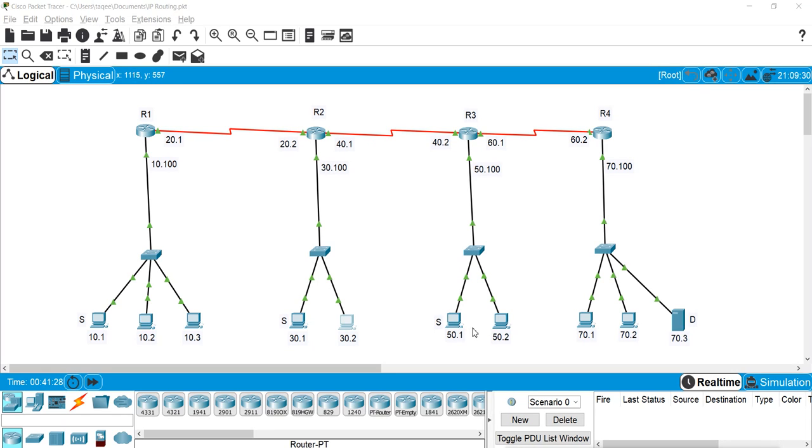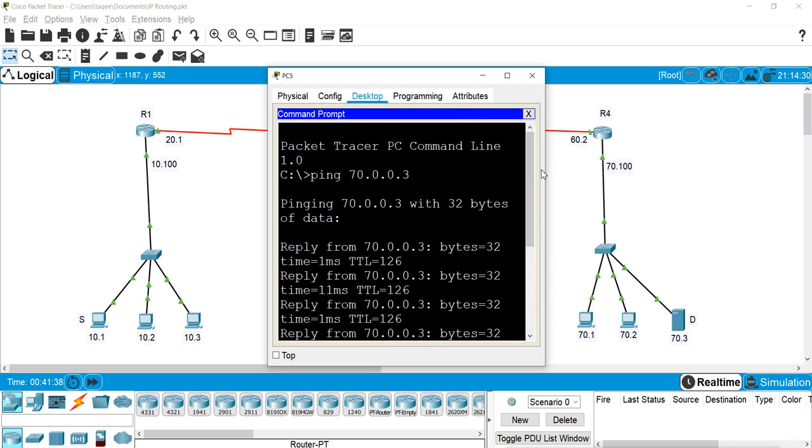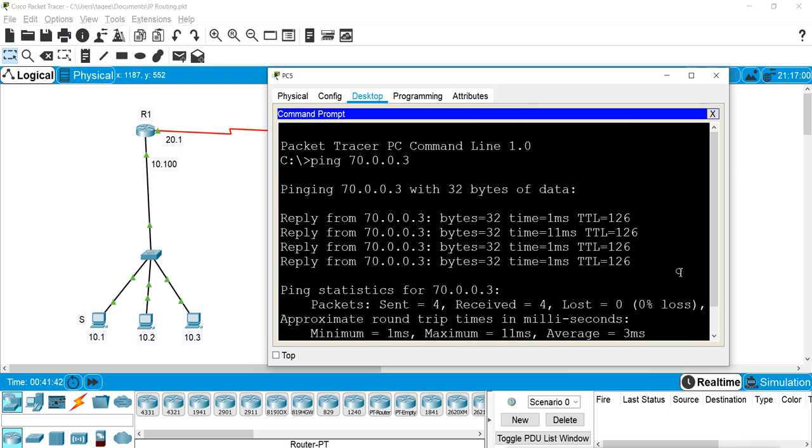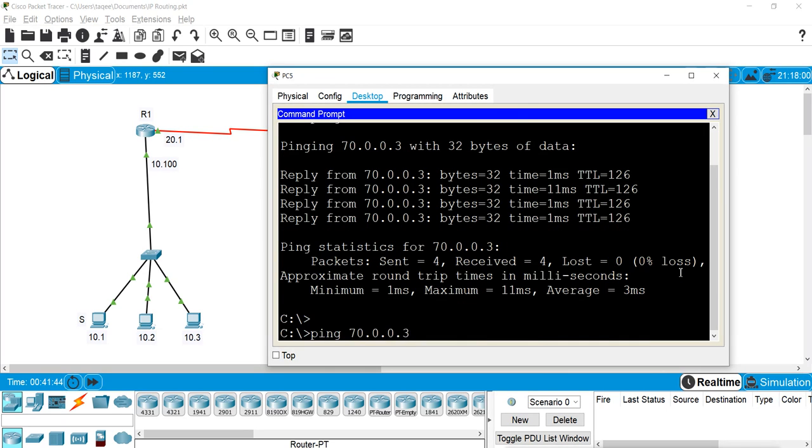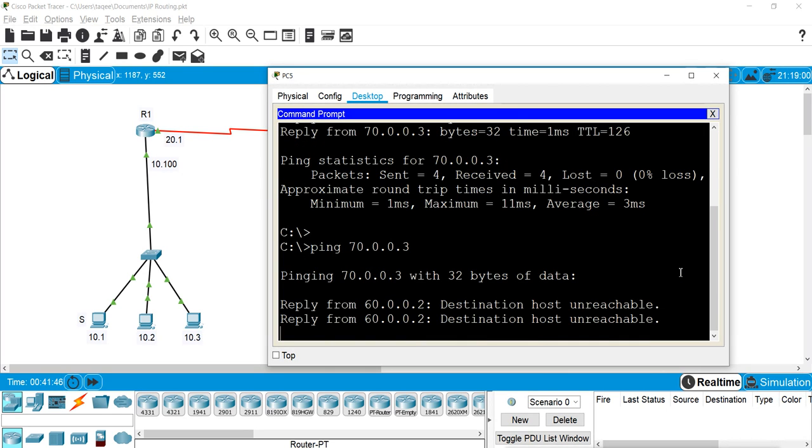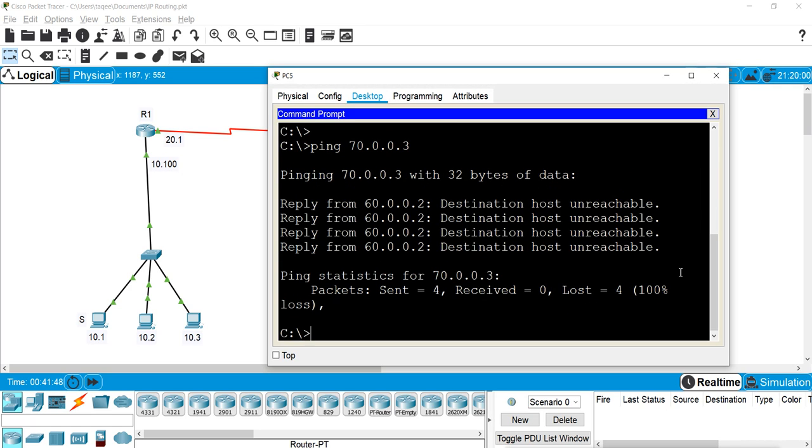And also we blocked 50.2, but we allowed the whole 50 network. So when we try it from this 50.2 host, previously it was pinging. Now it is getting destination host unreachable because it is now not allowed.